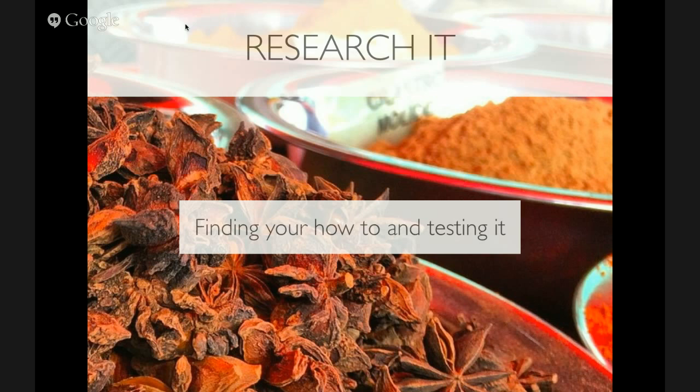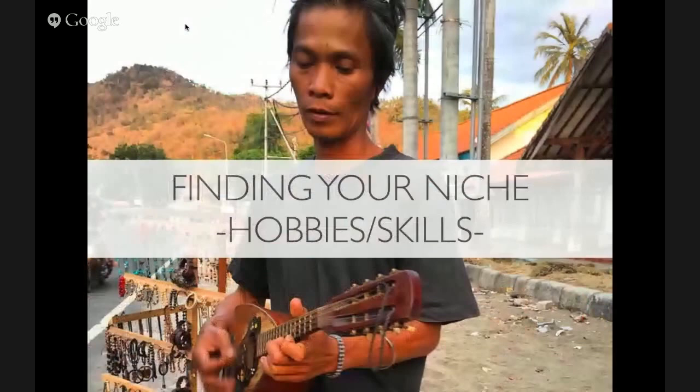So what we need to do is find out what is your particular how-to. How are we going to do that? That's a very good question. What I would like you to do is create a nice long list of all the things that you are good at. This is a really difficult thing for many people because most of us think we're not that good at things. The reality is you actually do have hobbies and skills that you may not be recognizing at the